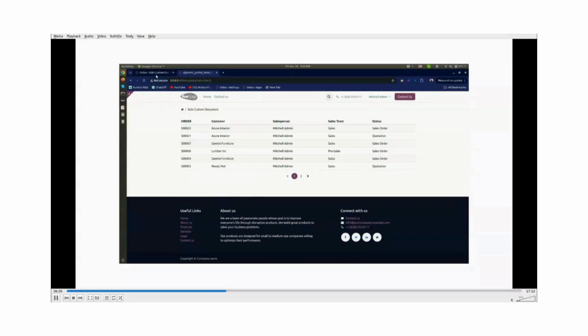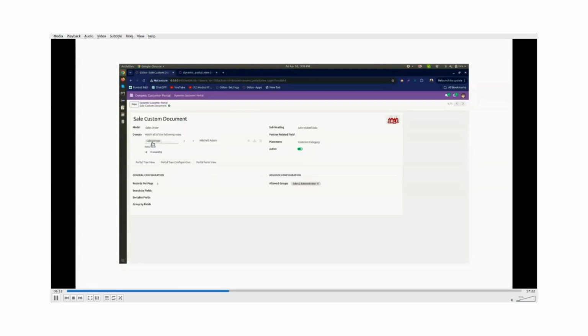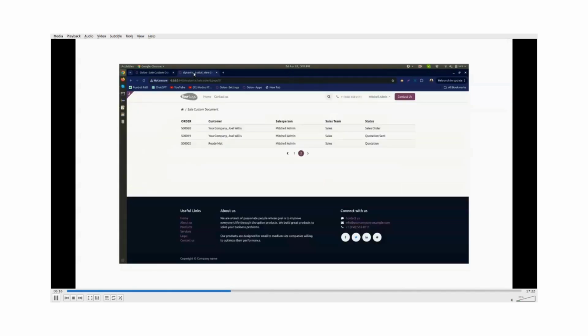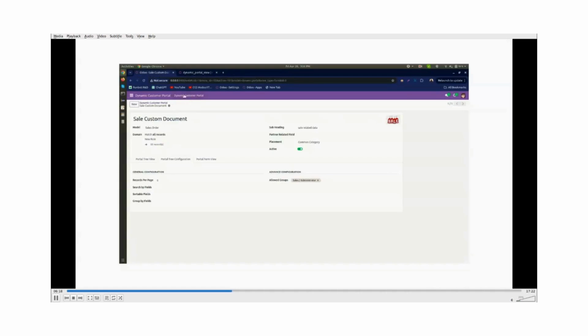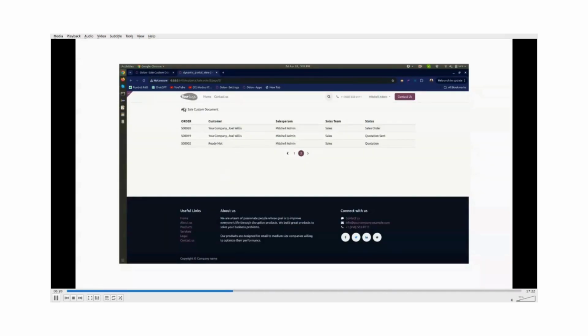Let's delete the domain, then we will understand this better. Currently we have selected Michelle admin. So let's delete this salesperson, so more data will be shown and we can understand it better. Click on the refresh button. Now you can see only 6 rows are being displayed for each page.